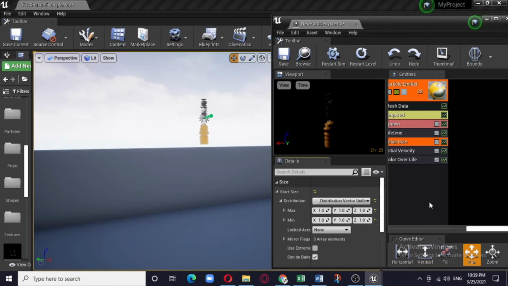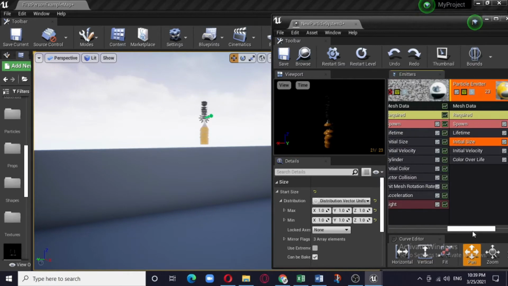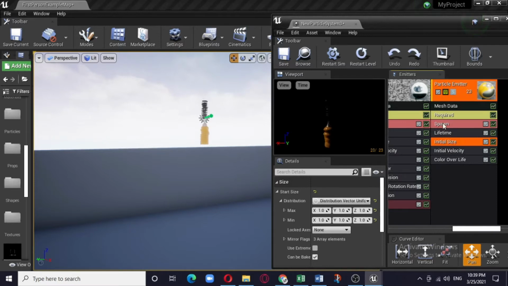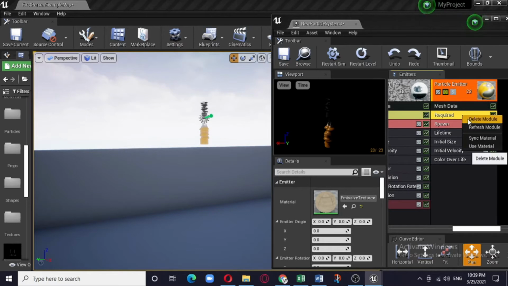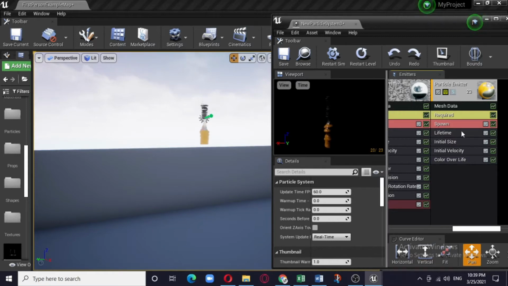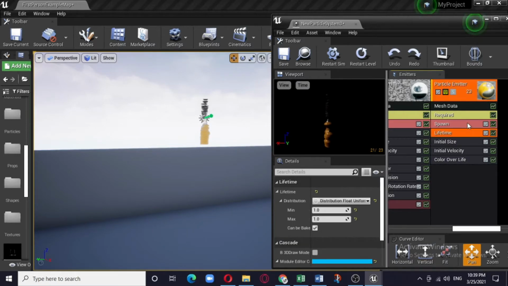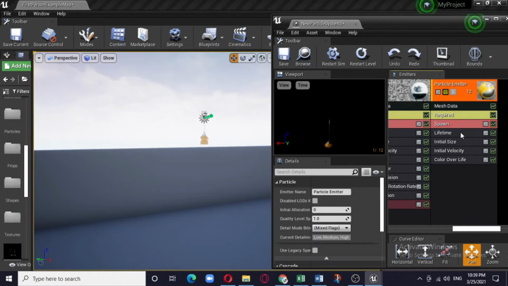Now what is important is, in this mesh particle, whatever modules we have here, more or less work quite similar to whatever we have seen in the earlier videos. What I mean is, when we talk about type data, we have CPU and GPU, which act quite similarly. Here also we have lifetime. Before lifetime we can control the number of particles that spawn. We have lifetime.